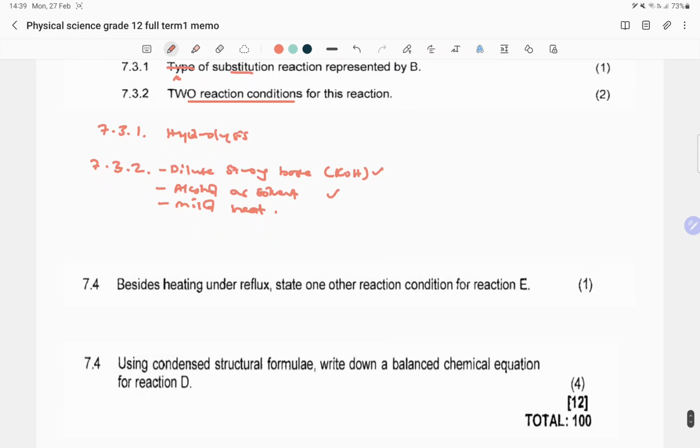All right, now 7.4, besides heating under reflux, state the one other condition